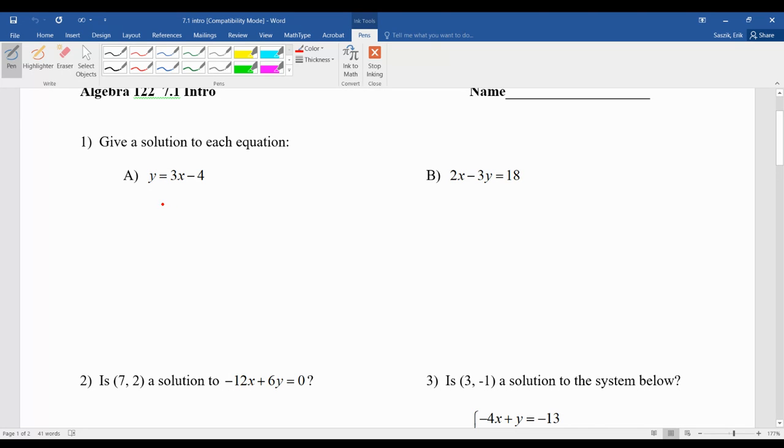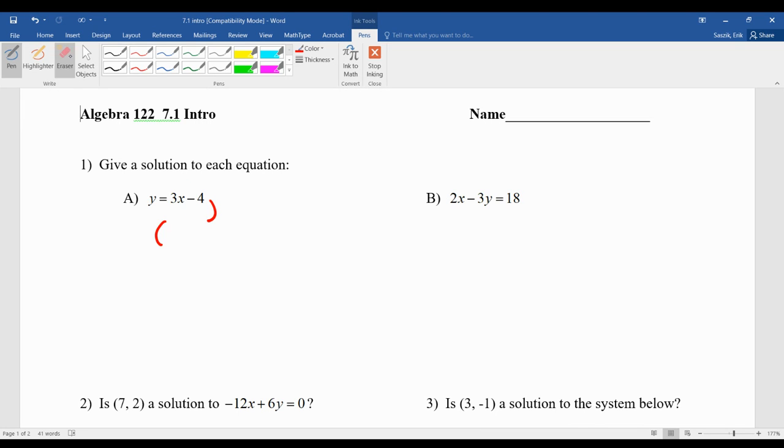For example, let's just pick an x value, 1. Now, when you plug that in there, 3 times 1 is 3, and 3 minus 4 is, you'd get a y of -1. But remember, there's an infinite number. Look, you should recognize this is slope-intercept form, y equals mx plus b. So (0, -4) would be a spot too, because that's the y-intercept. But you could pick any y. Look, if I pick 10, and if I plug 10 in, 3 times 10 is 30, and 30 minus 4 is